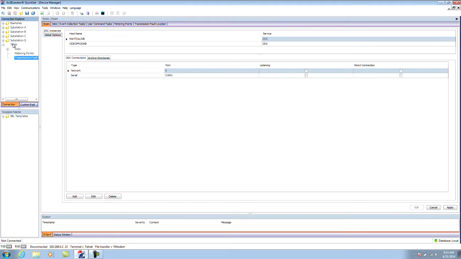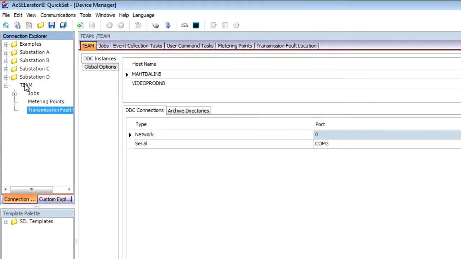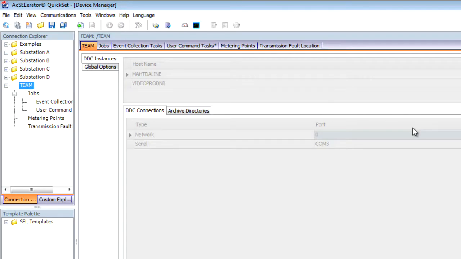I'm an automation engineer at Schweitzer Engineering Laboratories, and today I'll be presenting an overview of the team global options found within QuickSet. So in the Connection Explorer tree, we see the team node here. Because we've installed the team plugin, this has become visible for us. After double-clicking on the team tree node, you'll notice that we have our workspace open up on the right-hand side